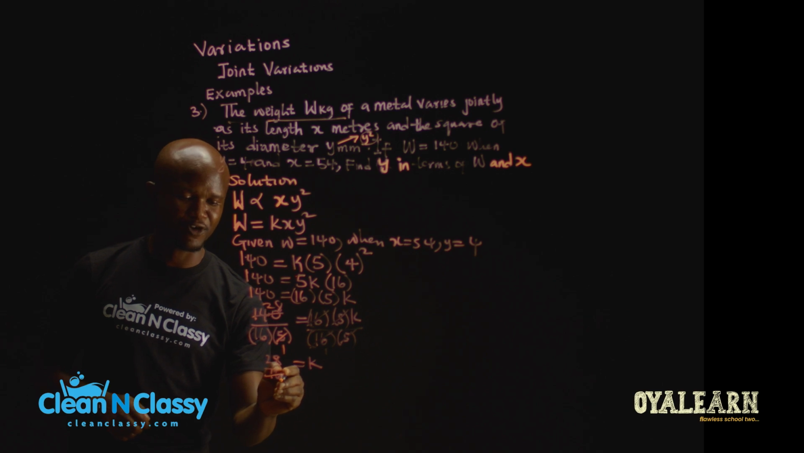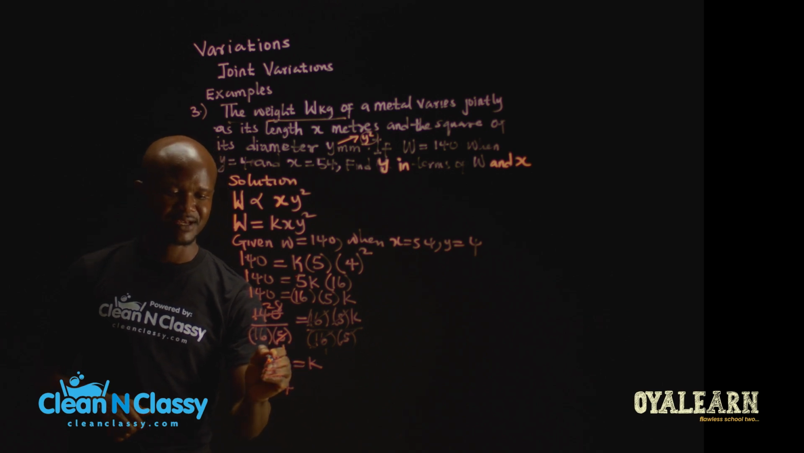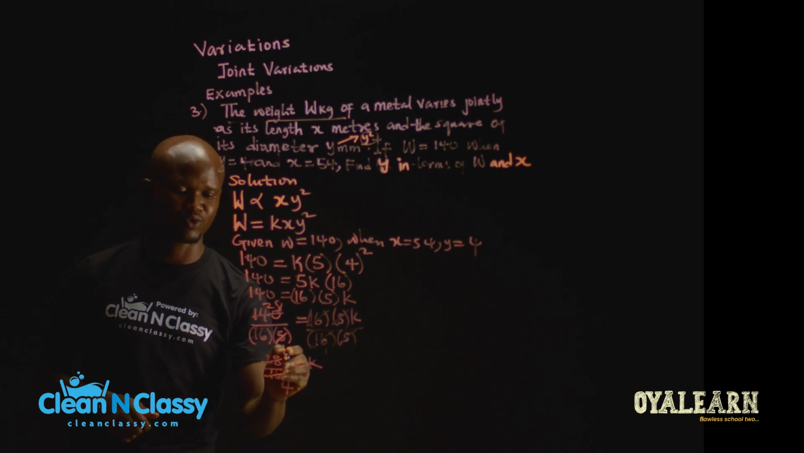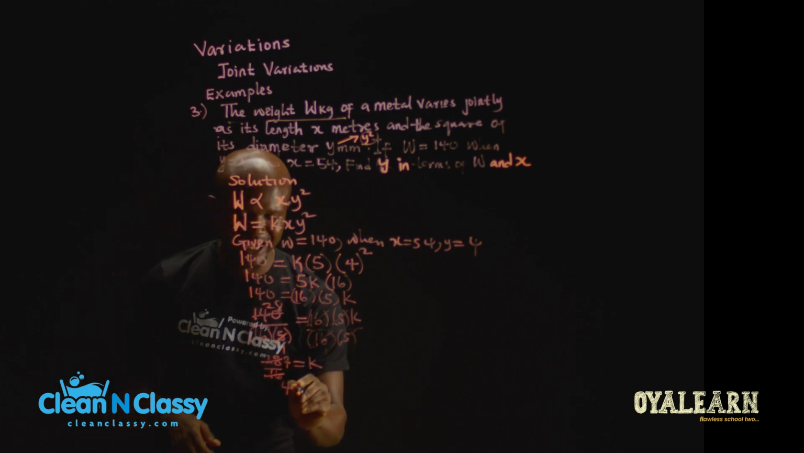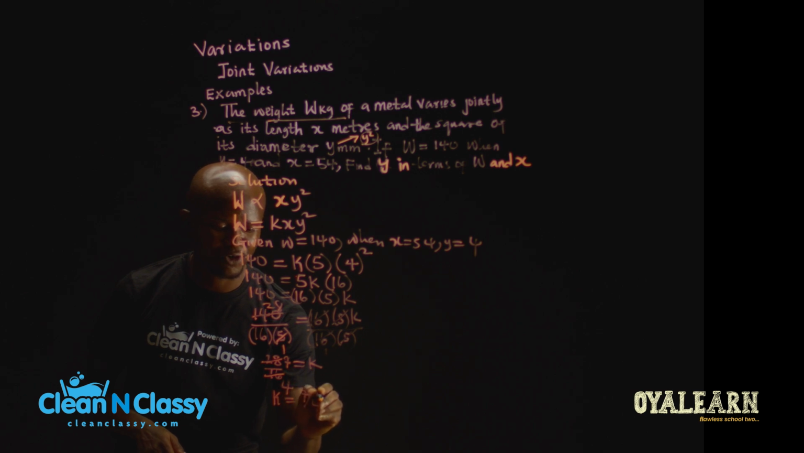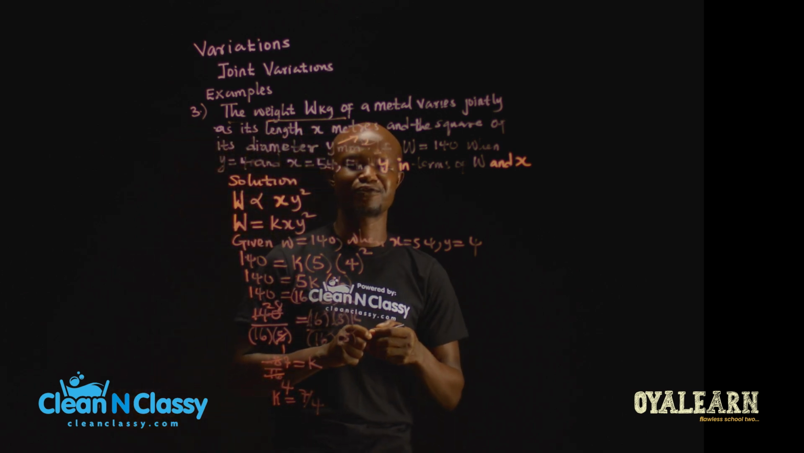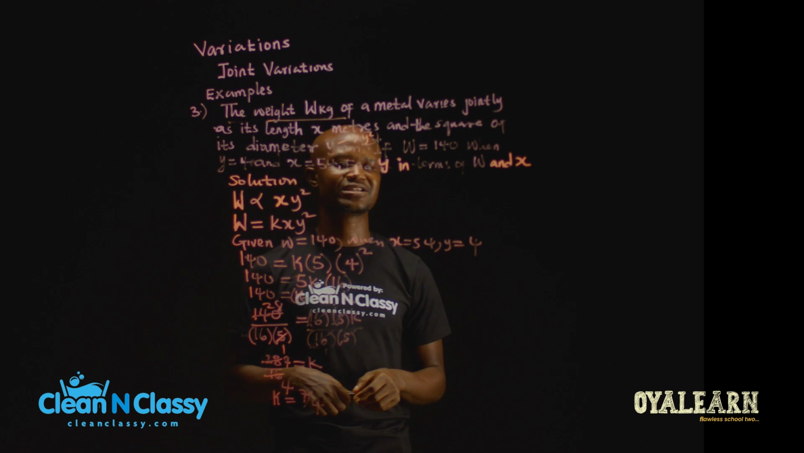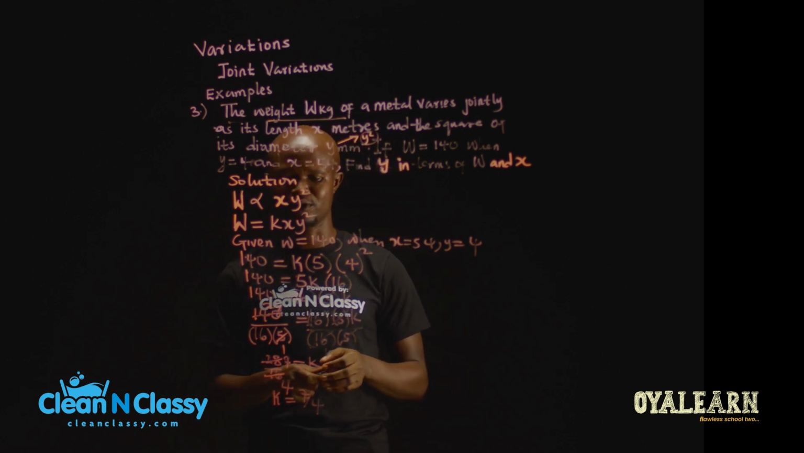16 divided by 4, what do we have? 4. And 28 divided by 4, we have what? 7. So we have K equals 7 divided by 4. Since the value of K is equal to 7 divided by 4,